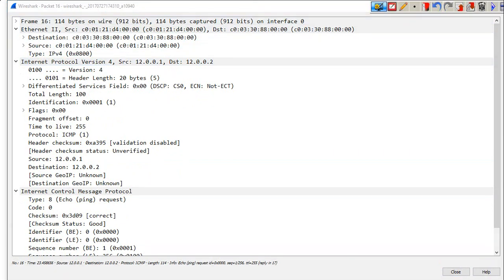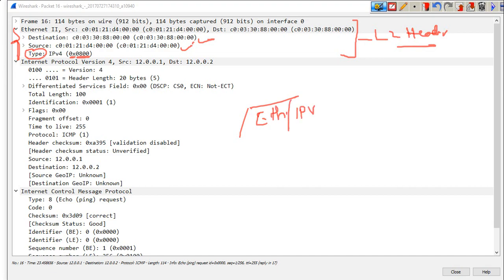So here we have the Ethernet header. Where is it? Okay, Ethernet header. This is your layer 2 header. Ethernet header means source MAC address, destination MAC address, and this EtherType field, which is 0x0800, and it tells us what the next layer is. The next layer is IP version 4, right? So from the Ethernet header we come to know the next layer is IPv4,